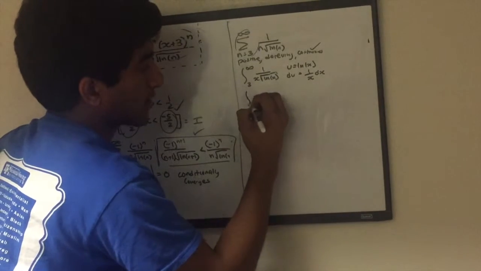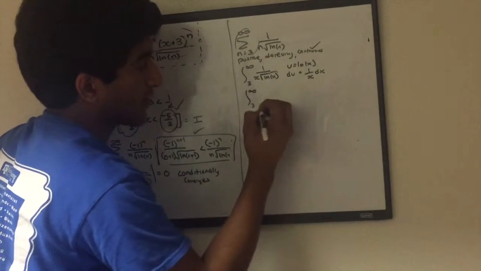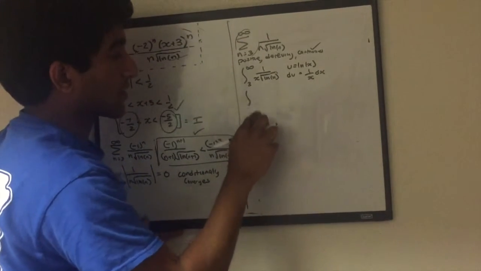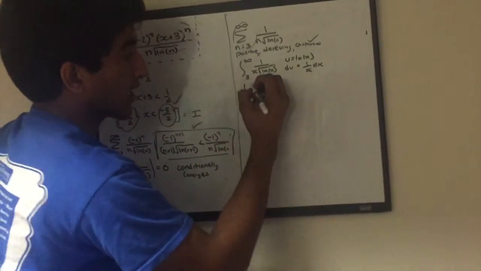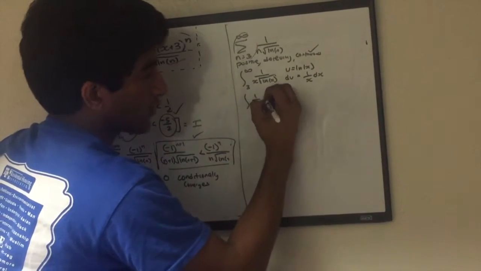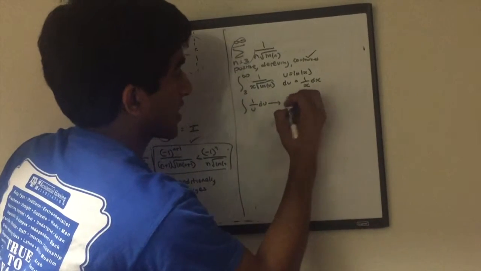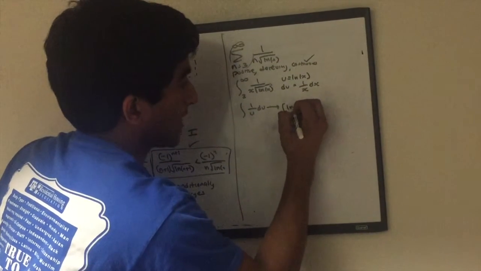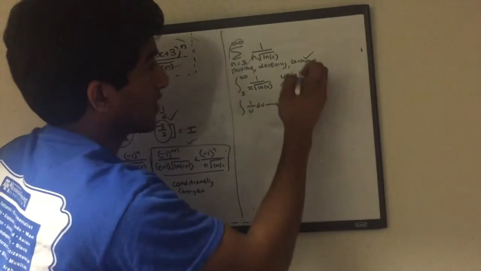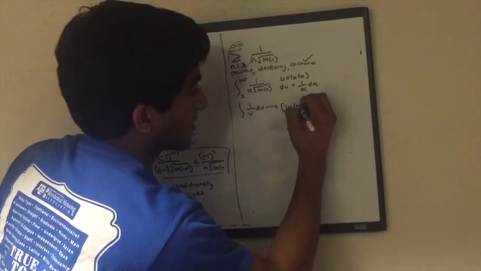We won't put bounds yet, but we'll say the integral of 1 over u du, and when we integrate, we get ln of u, which is ln of x,